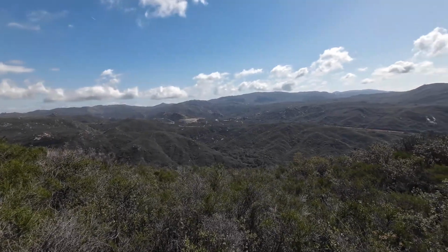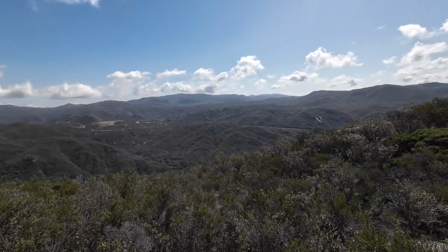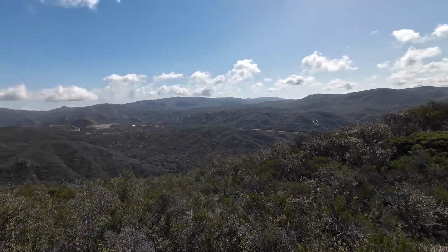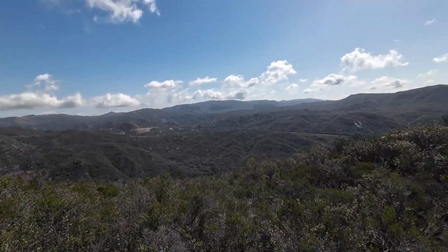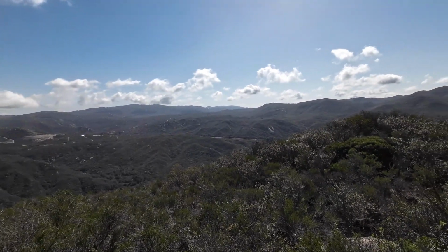We're looking down on Ortega Highway, Highway 74. Way off in the distance, you can see the orange construction ropes. They're doing road work, it looks like. You see cars going down that way. Over in that direction over there,